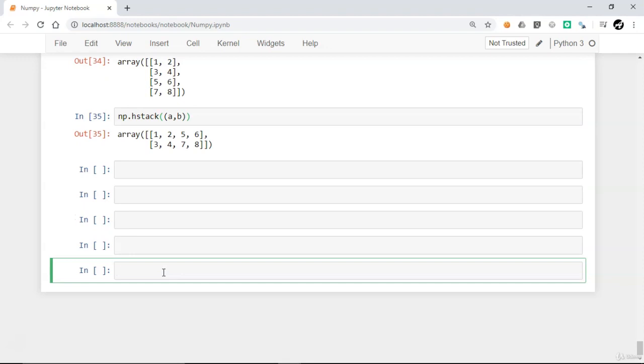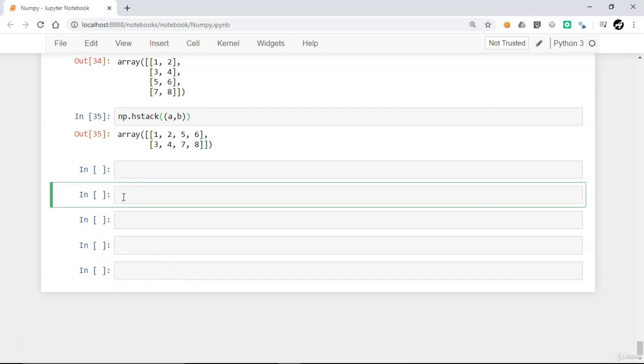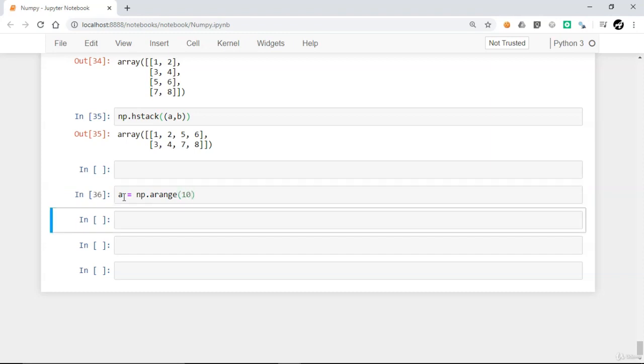So here we have seen how you can combine these two matrices, or how you can join two matrices or 2D arrays. Now let's create one array and let's see the opposite function of concatenation, splitting of a matrix. So let me create a very simple one. Let's say A equals arange 10. Let's say I want to split